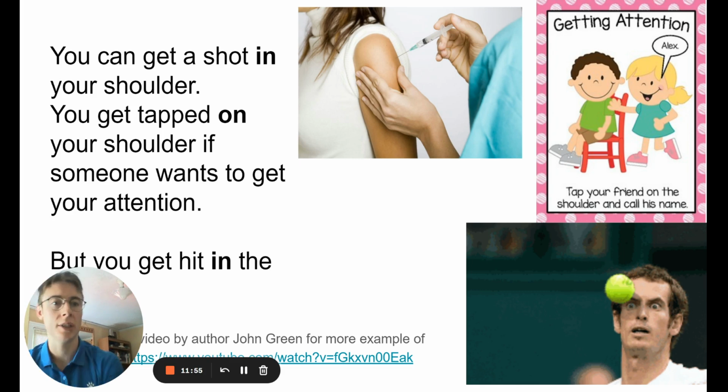And that makes sense because on is when someone taps you on the shoulder to get your attention, it's not going in your body, whereas a shot is going in. But for some reason, when you get hit in the face, it's not on the face. You get hit maybe on the nose, but the face in general, you get hit in the face.